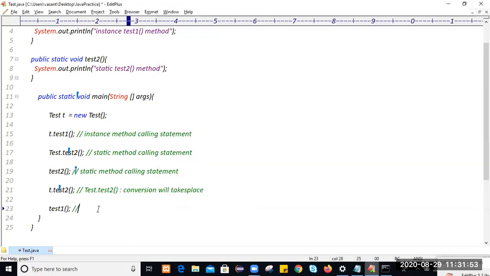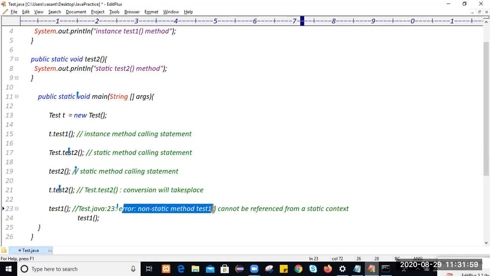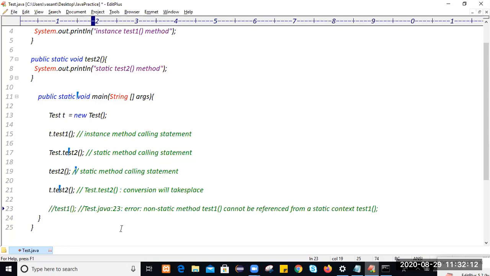Let me comment it. Error: non-static method test1 cannot be referenced from a static context. It is saying from static area you can't call a non-static method. You cannot refer to a non-static method from static area. Thus you will get a compilation error. Am I clear?